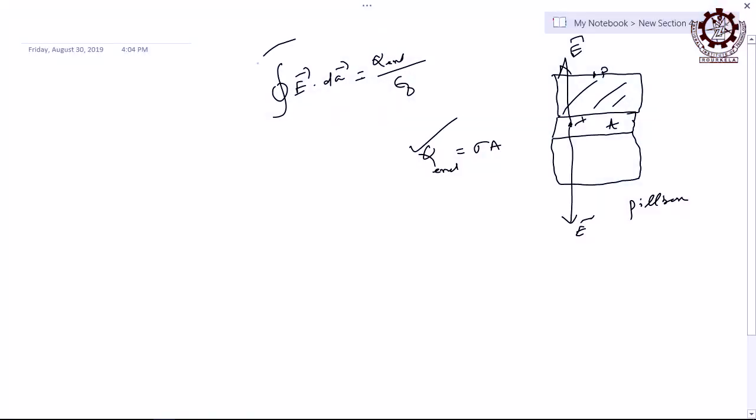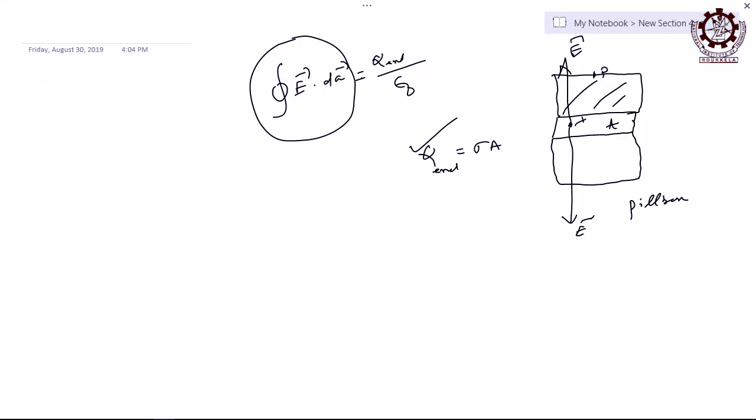Now, you go to the geometry and find out this integration, what will be that integration? Otherwise, how will you get the intensity E? You need to calculate the intensity at that point P, calculate how much it will be. And first tell me whether this integration will lead to how much value, because you see this side is having some area, this side is also having some area, and both way the lines of forces are going. So, you should have to consider both the area or only one area, only this one.